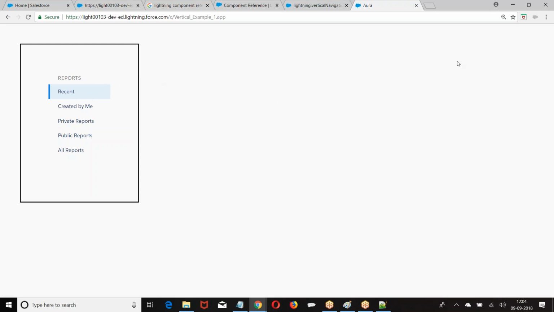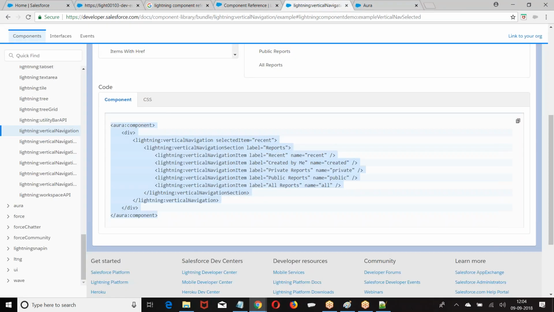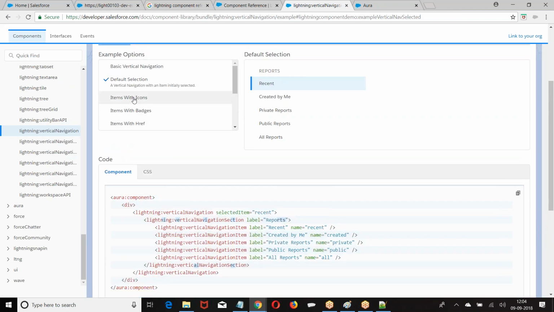Based on this, I want to display some data here. When I select this, based on this, I want to display some data here. Right. How to create a component? We'll see that in the coming sessions. Maybe try from your end. If you're not getting it, I'll help you out on that.